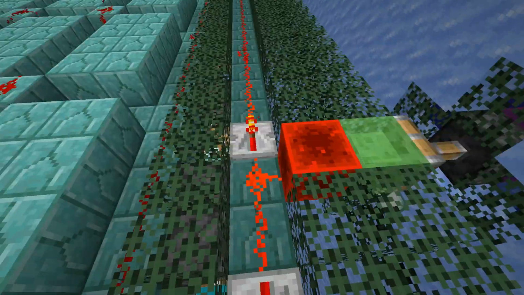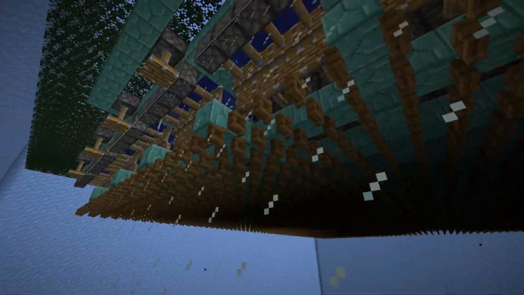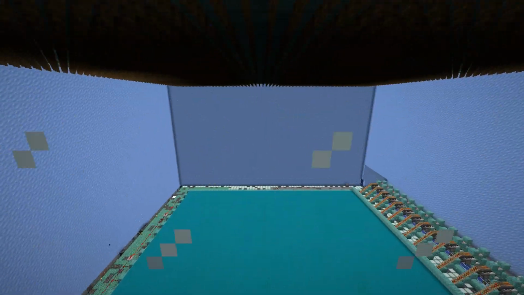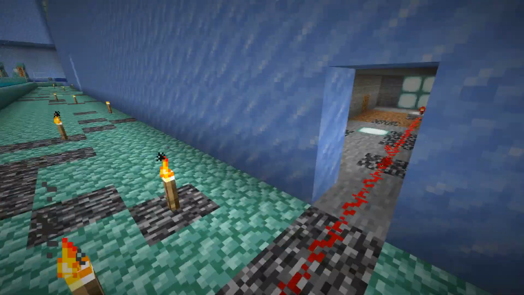So when that lever is on, it turns all these pistons on, which block off all of the water so nothing can spawn in there. So then when we turn that lever off, all the pistons retract, and then all the water comes down, and the guardians can spawn. So then down here, the other lever is just wired up directly with this redstone to